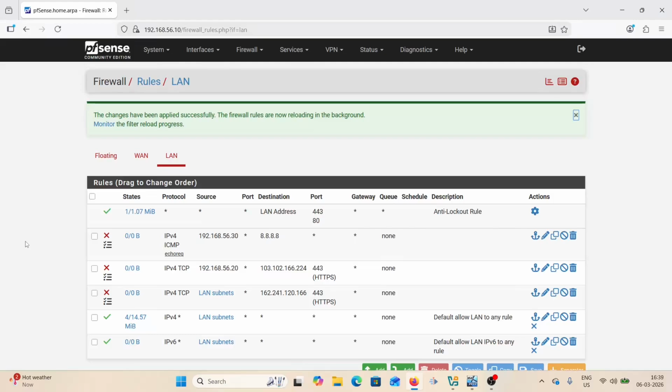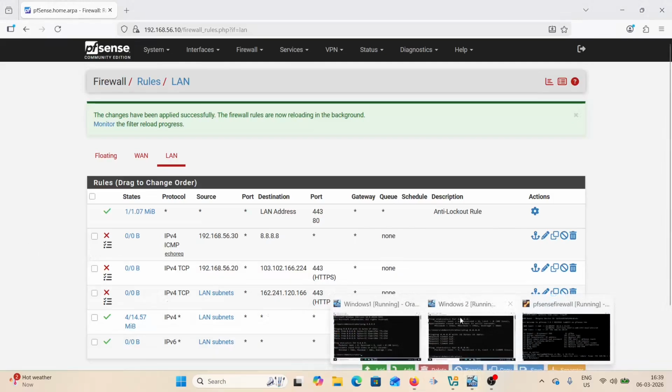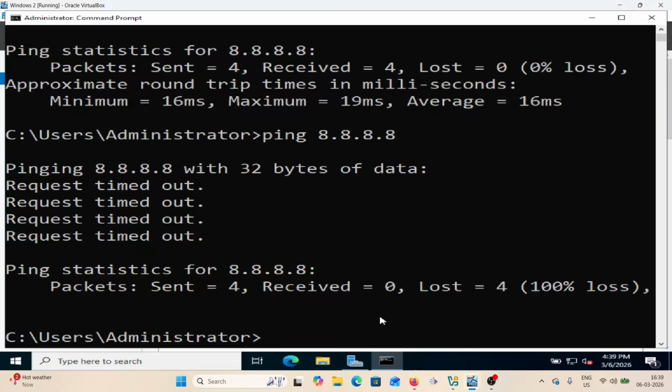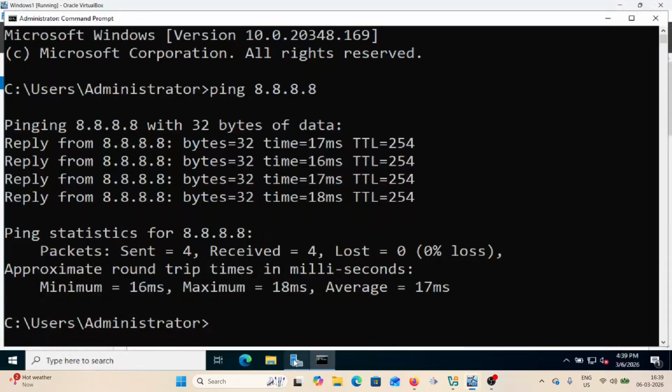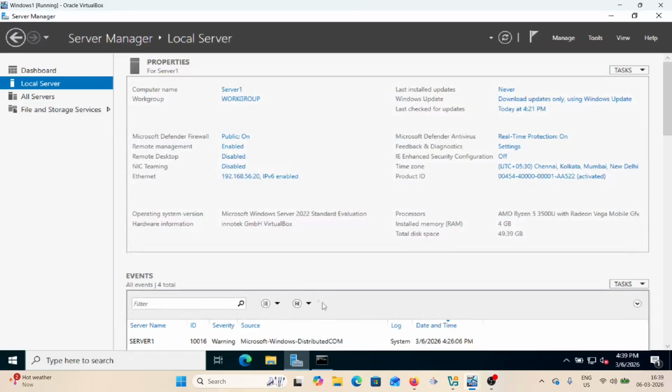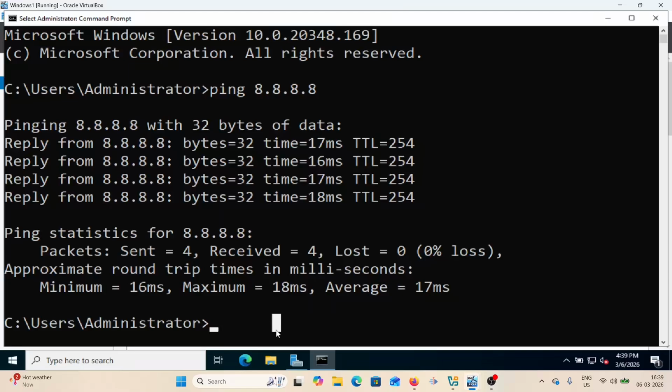Now the next traffic we will look at is UDP, how you block UDP traffic. For UDP, let's see the DNS traffic. Let's go to client 1 and client 2 again, both the clients. This is our client 1, which is 56.20. You know that the NSLOOKUP command will send a query to the DNS server, and the DNS server uses UDP traffic, or you can say the UDP protocol. First look at whether both the clients are able to connect to the DNS. So NSLOOKUP